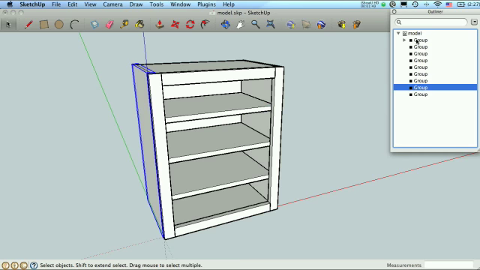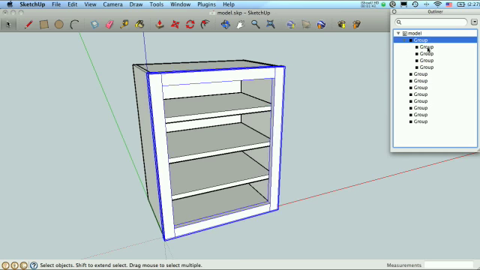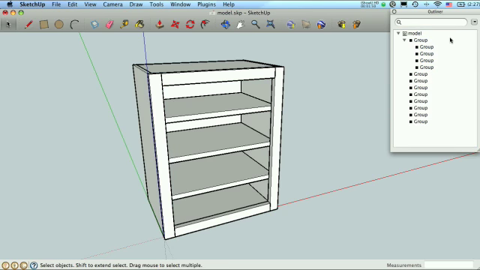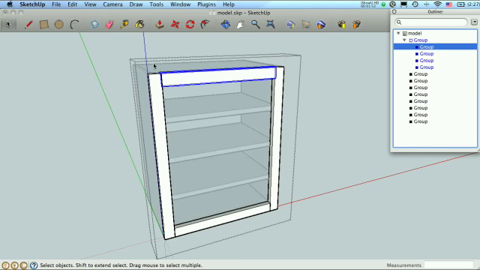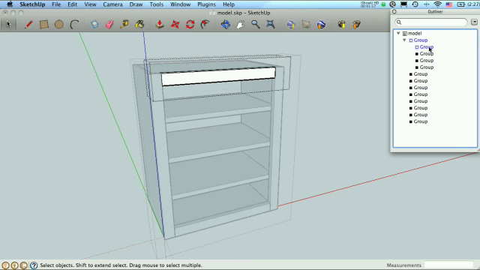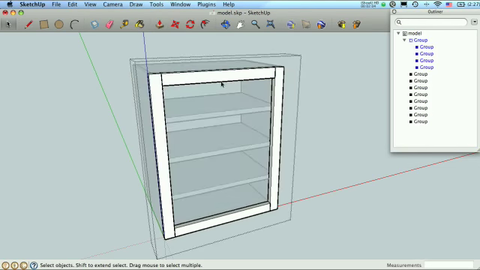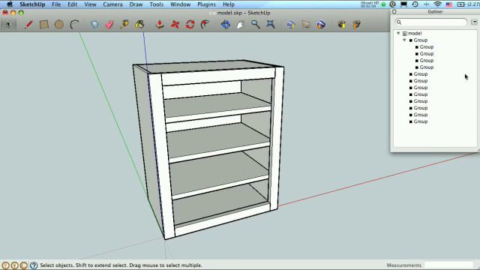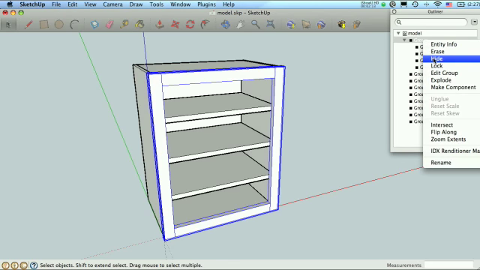And this group here with the arrow, that's actually our face frame, because that group contains 4 more groups, which are all the individual pieces. It's the top, right, left, bottom. And you'll see you actually get this icon. So just like you get a dotted line around your face frame, even the little icon there has a little dotted line. And you can double click on one to go inside of it. Now we can go into our push-pull tool and modify it if we wanted to. Just as if we had double clicked on the face frame and then double clicked on this member of it and go into it. But the good thing about this Outliner here,